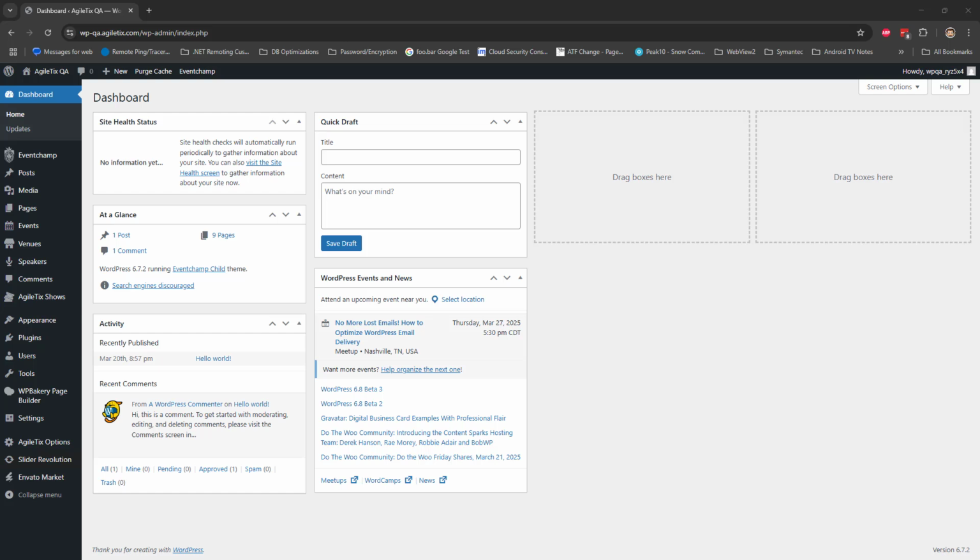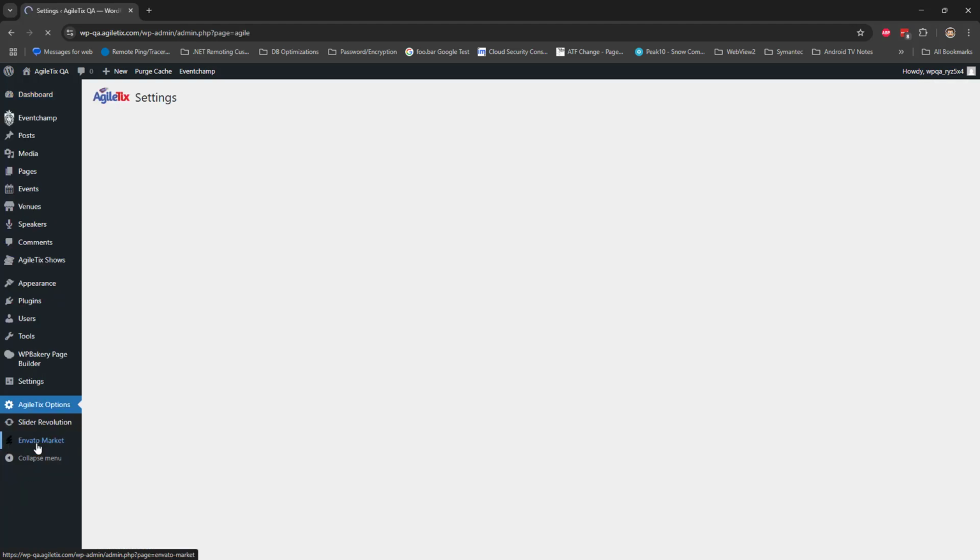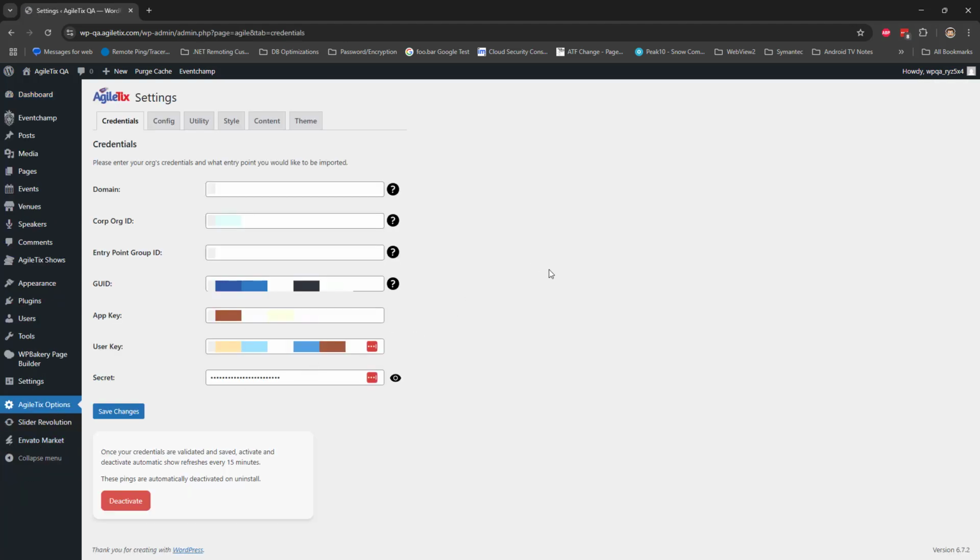Let's take a look. We will start by taking a look at our test site. At this point, we have already installed the Agile Ticketing plugin. We can go to the Agile Ticks options area, and here we can provide a few key pieces of information from the Agile Ticketing system. With this information in place, the site will automatically get updated when shows and showings are added or changed within Agile Ticketing. We have options for how this information flows into the system, as well as some control over look